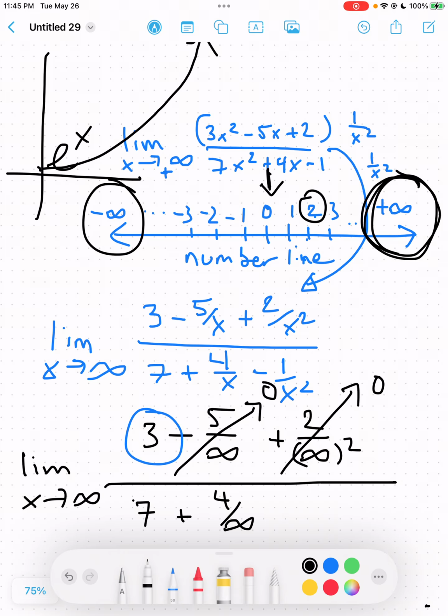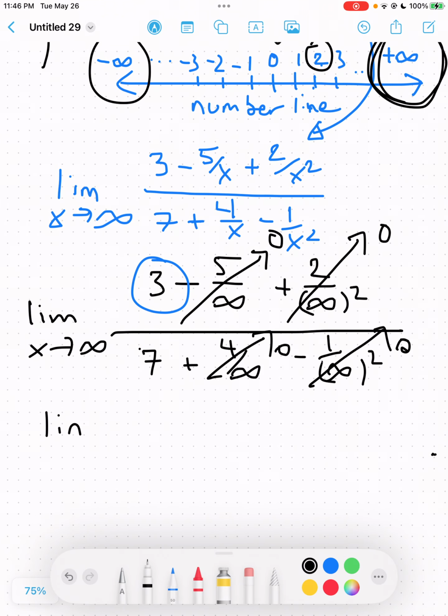That is also approaching 0. And then we have 1 over x squared for the last part of the denominator. Minus 1 over infinity squared. 1 over infinity squared is 1 over infinity. 1 over infinity is essentially 0. All of these evaluate to 0, and what we're left over is